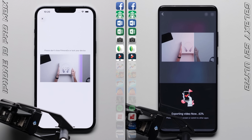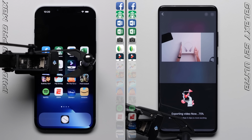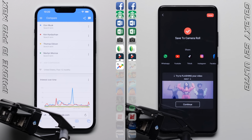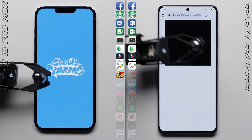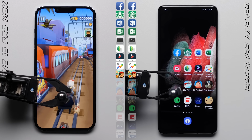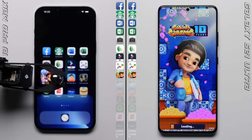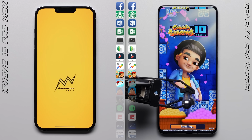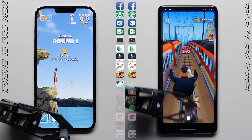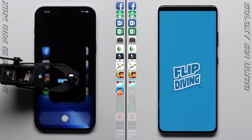But that didn't seem to matter, with the iPhone just ripping through the exports, taking the lead for the first time in this speed test. Now, that video export task kind of backs up Apple's claims with the A15 Bionic chip, but the thing is, the Galaxy isn't too far behind, with it completing the browser test at about the same rate, joining the iPhone in the gaming row, where it trails by only around half an app,